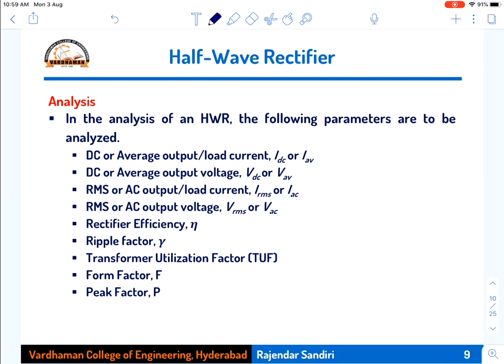So this is very important. All these parameters we have to calculate. Now, take the definition of them and derive it for the half wave rectifier. The same formula will be used when we are solving problems on the half wave rectifier. Most of these things will be similar, and a similar simple procedure we have to follow for the full wave rectifiers also. Okay, so we'll go step by step now. All these 9 steps, starting with DC or average output load current, we will start calculating now.